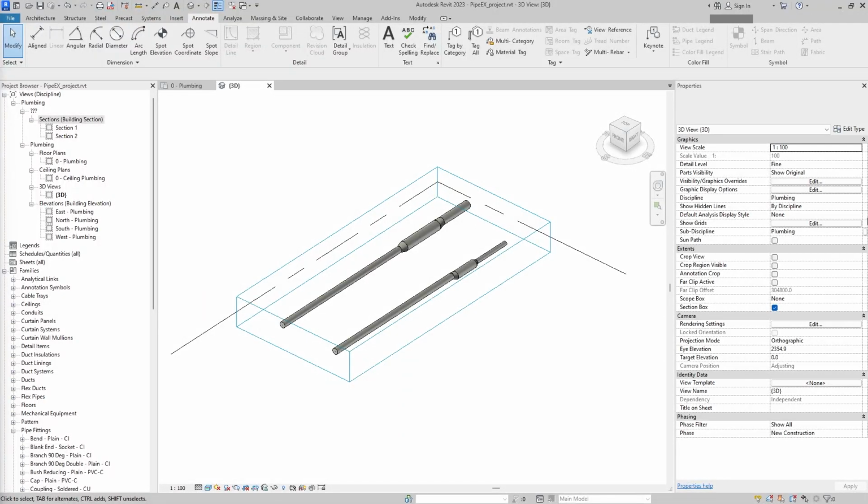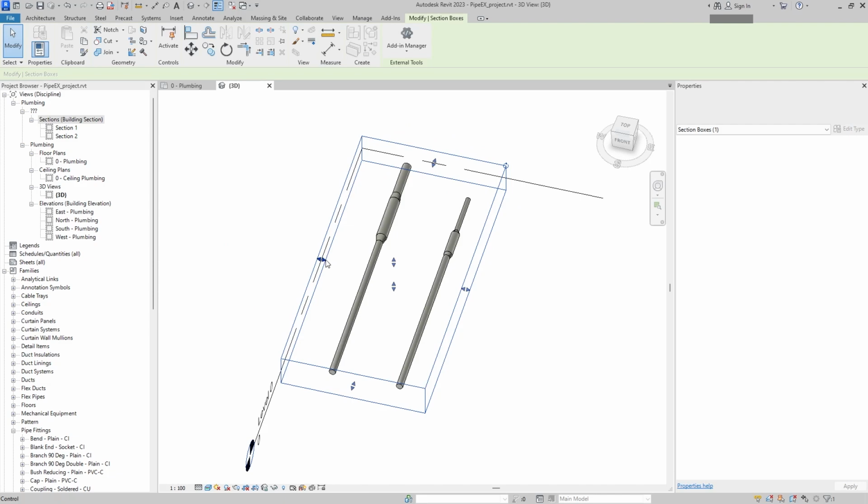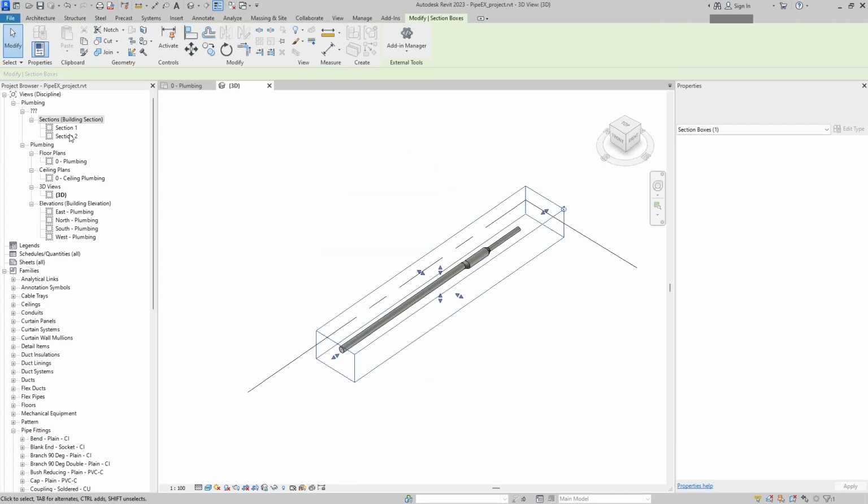Hello, today I will show you how to create a reducer in Autodesk Revit using two different ways. The first way with the higher precision but lower functionality, and the second way with the lower precision but higher functionality. What I mean by lower precision but higher functionality is that